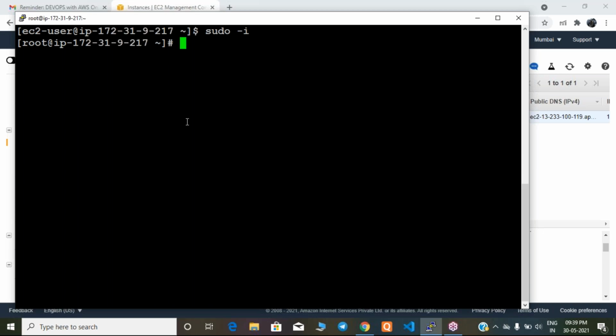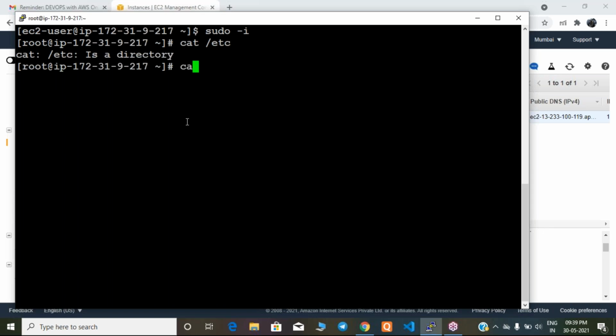How can I check first of all what users are available in your system? There is a file for that, guys. How to open a file in Linux? There are two commands, cat and vi command. We can go with cat, your wish. cat /etc/passwd. No, greater than is to create, but my requirement now is to open. No, wait, just a minute.